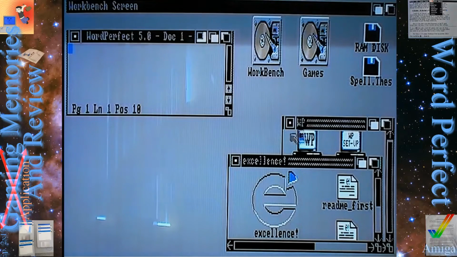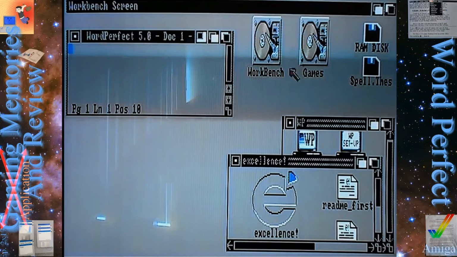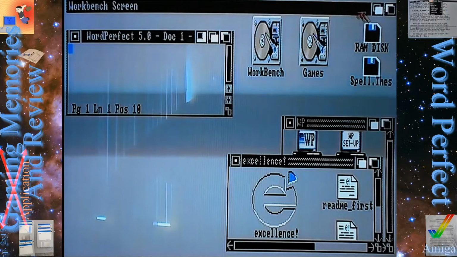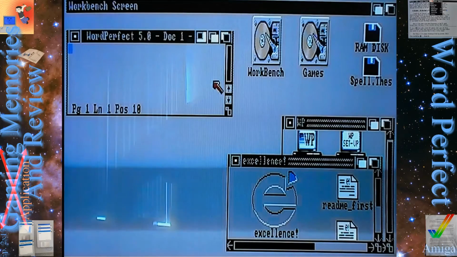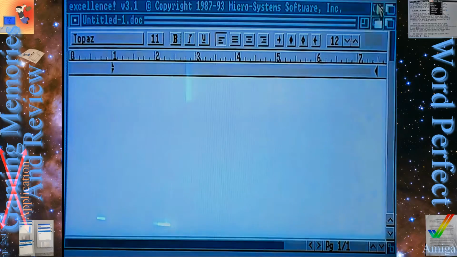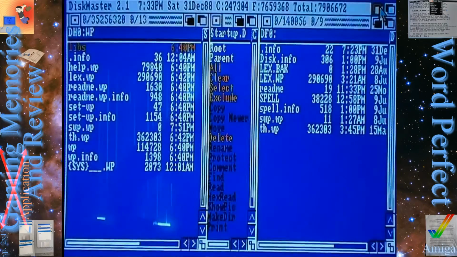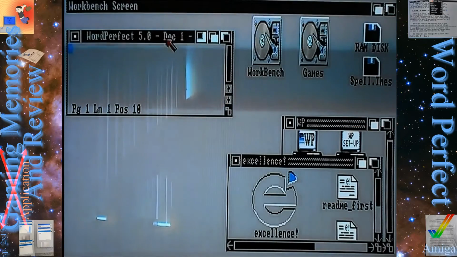So that might be of benefit to a lot of people. You could have things running. I could have my Amiga mod player running at the same time, and then I could click on the next song while I'm writing the document, rather than having to tab out of it. So that is actually a nice feature of WordPerfect, I suppose.